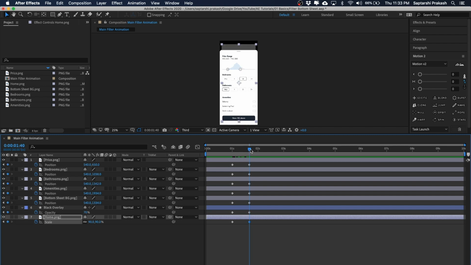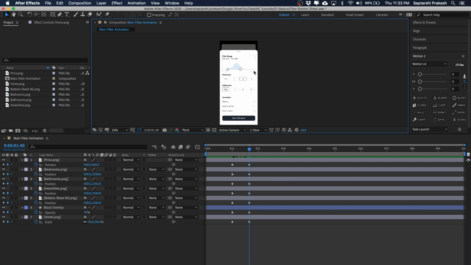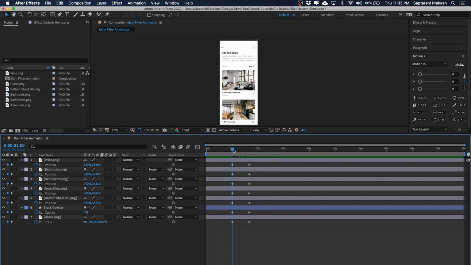Now, while the scale is good, we would also want to bring the position down a little bit because it's a little too high up in the air. So for that, I'll again bring the handle back to 1 second where I have started every other animation. I select home because that's what we're animating, and I will also animate the position, and the shortcut is P again. I hold P,